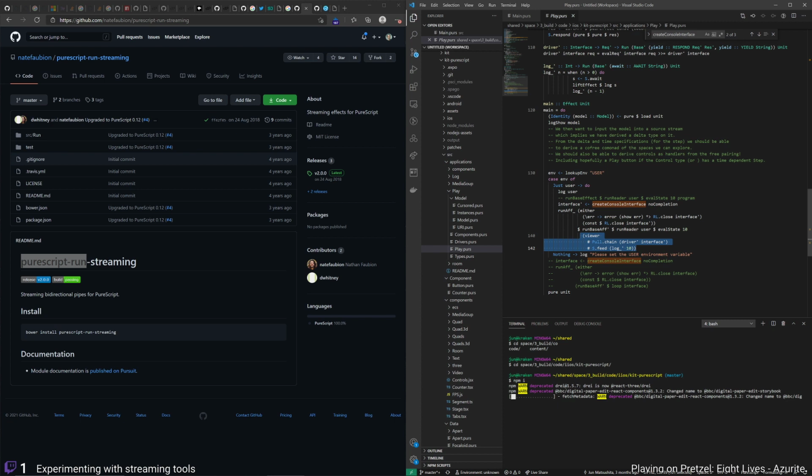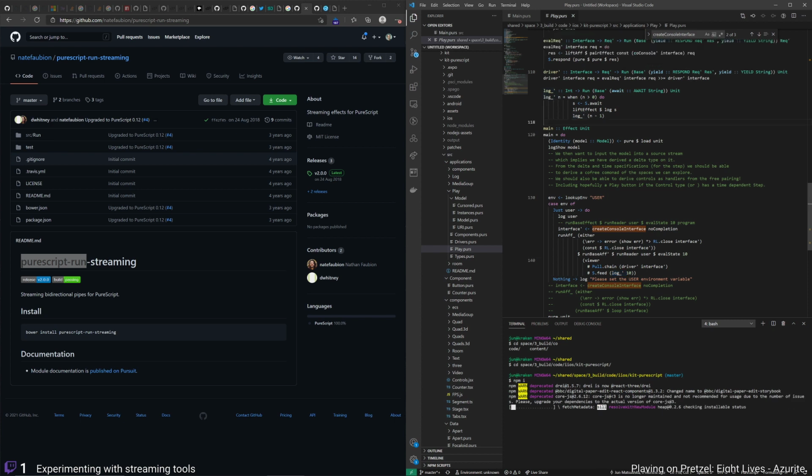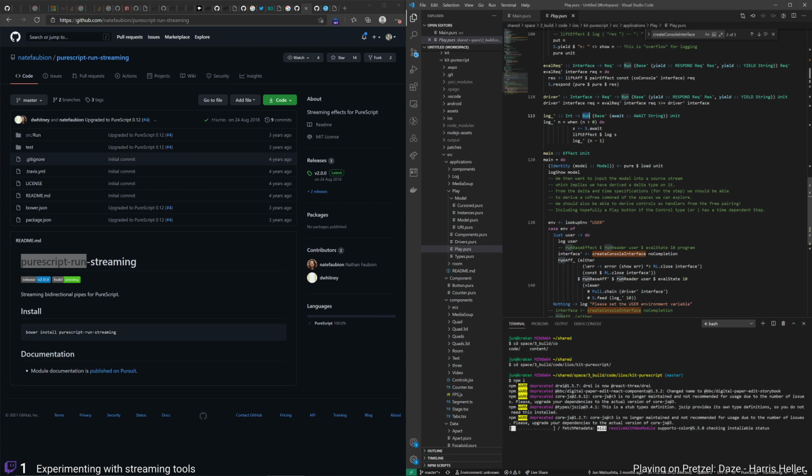And here I make a driver from my interface. So I take something IO and I pass it into my driver, and then I chain this and feed it to what is my program. Is log prime is my program, and my program is defined in terms of this Purescript run streaming DSL. So it's in the run monad, and it has this base type